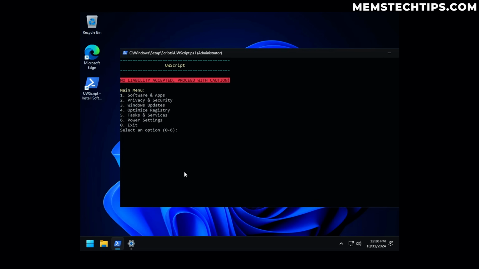If we go back to the main menu and we have a look at the tasks and services, you can enable minimal services or default services, and you can disable unneeded scheduled tasks or enable all scheduled tasks. And then lastly, I also have a power settings menu here, where you also have the option of setting recommended or default power settings. Now, like I mentioned before as well, all of the recommended settings are going to be